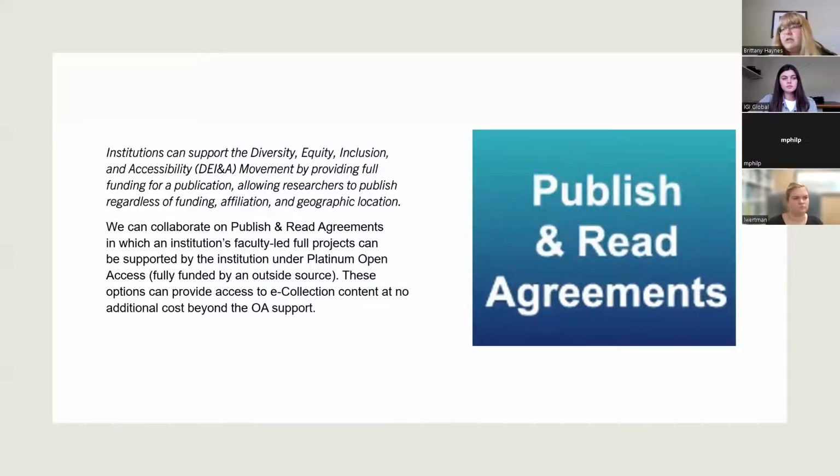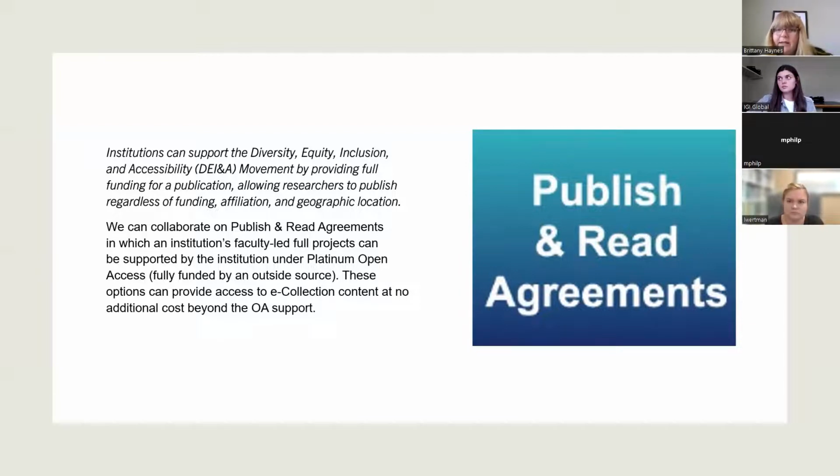And then the final option, just to keep in mind, is publish and read agreements. So those are obviously great to support not only the open access movement, but the overall DEIA movement, because with something like a publish and read, it's usually a flipped model wherein the content is not being paid for, but rather the entire book or journal publication that is being led by the faculty of the funding body. Essentially, a full book publication or a full journal publication can be fully funded by an outside source to be open access. So any chapters going into that book or articles going into that journal that's being supported has to go through the peer review process, of course, but upon acceptance, if it has that platinum funding through something like, say, a publish and read agreement,